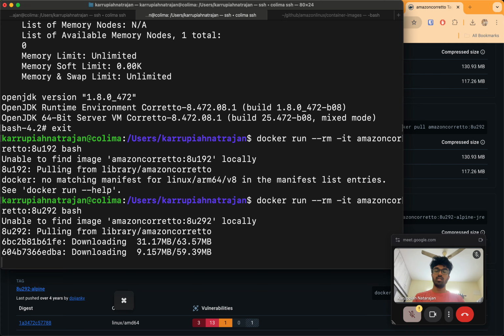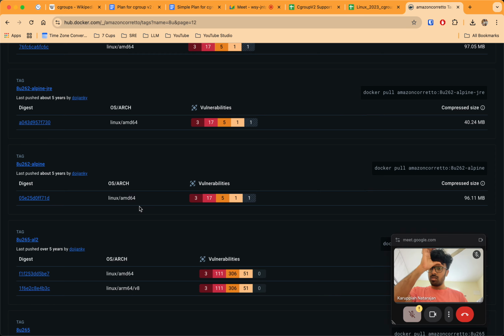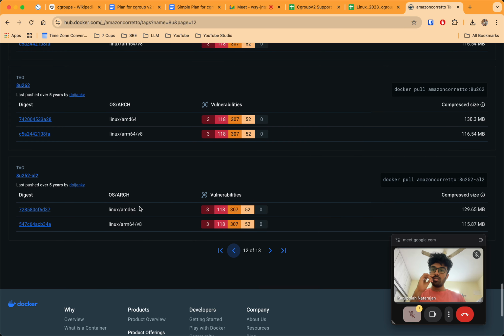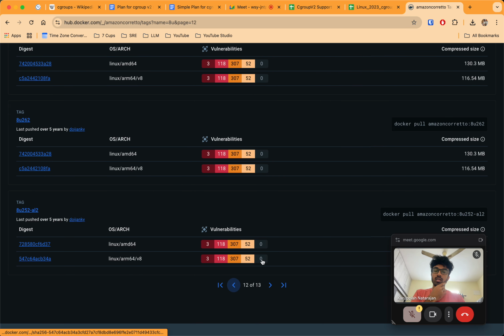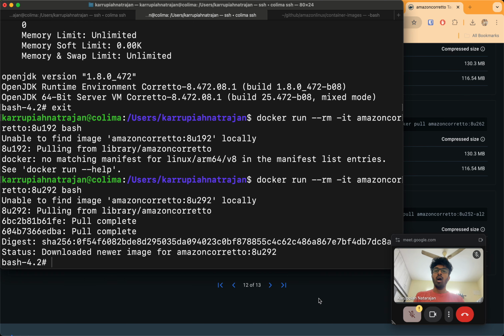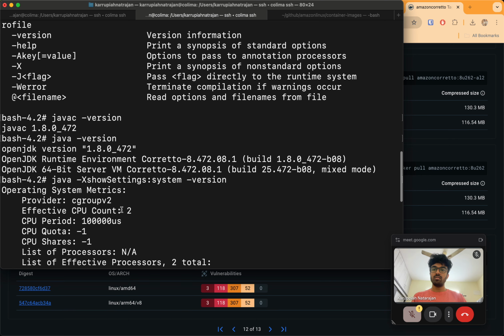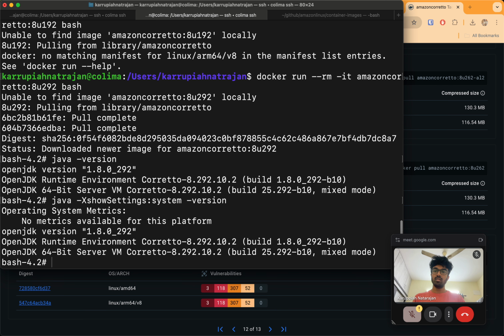It's again 120 MB. So there's 292, 262 and all that, 252. Java version, show settings system: no metrics available for this platform.